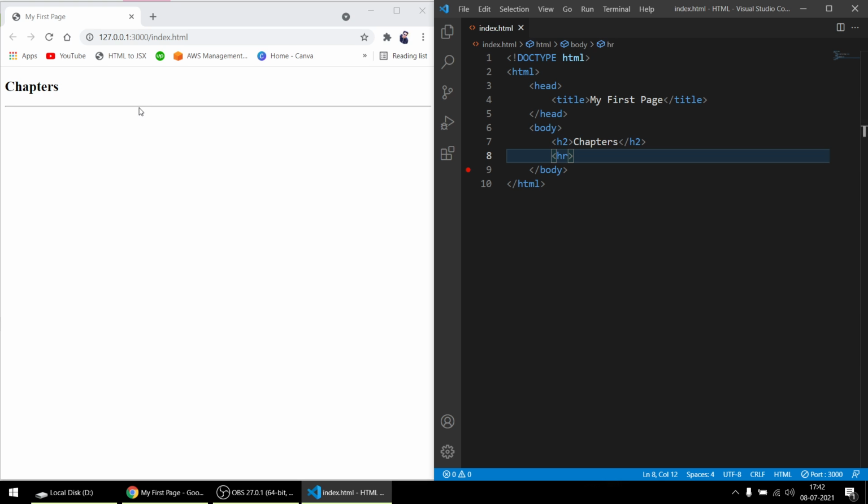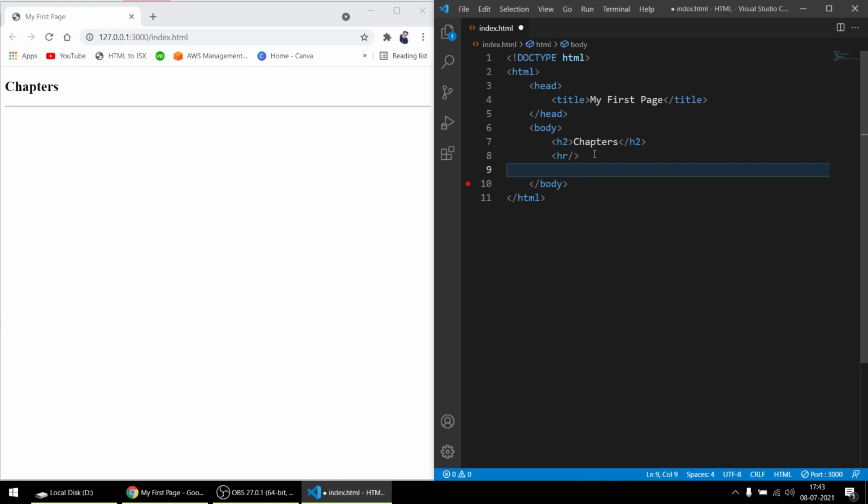So you'll be like, why do we need to put that slash? As I told you, there are rules you have to follow. Otherwise, when you build a big website, it will create problems. If you don't put this slash in a self closing tag, in a front end framework like React, which I have used a lot, it doesn't work and throws an error. So always use self closing tags wherever needed. So this is the hr tag line.